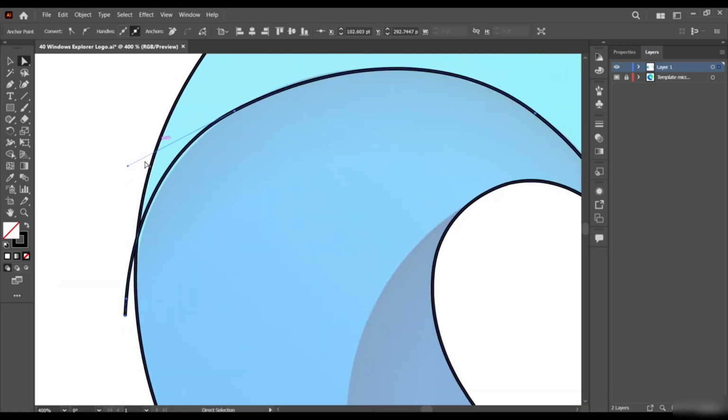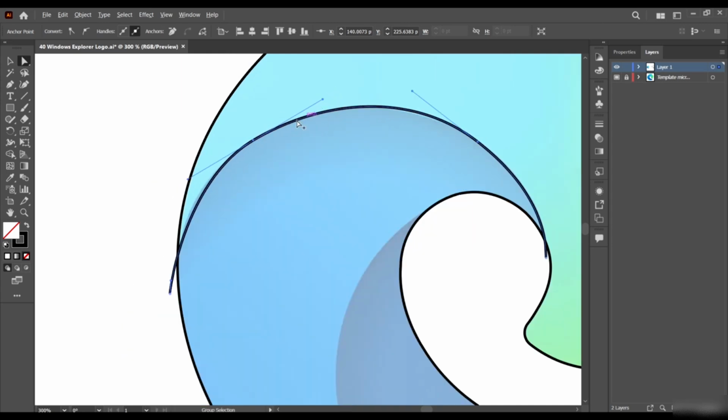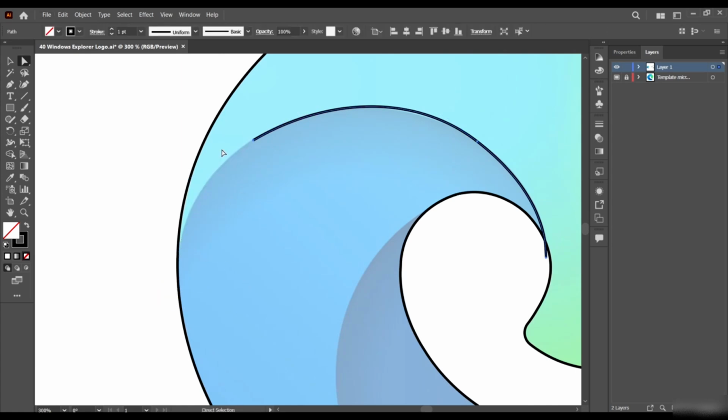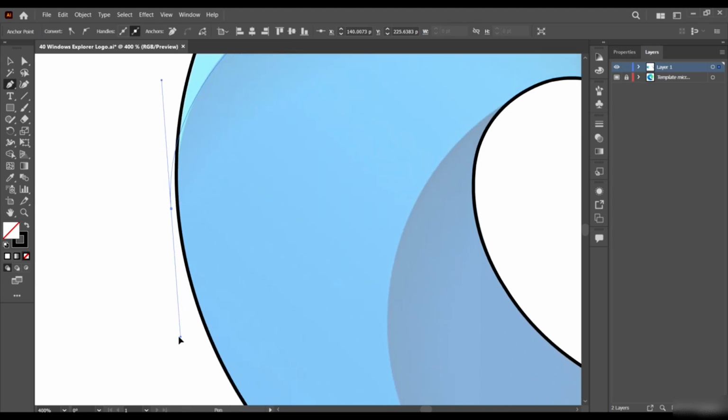Okay, I'm gonna need more curve at this point. We see how we have this place misbehaving, so we're gonna just spend some more time here. Maybe I'm going to just delete this point and just try to use this tool this time. That's the pen tool, and see if I can create it to be more perfect.